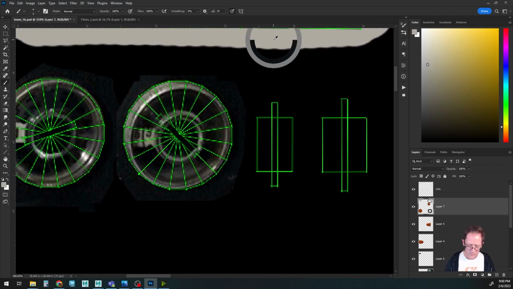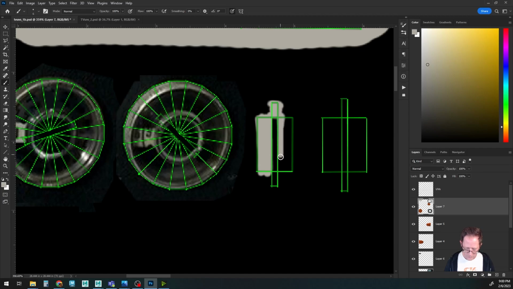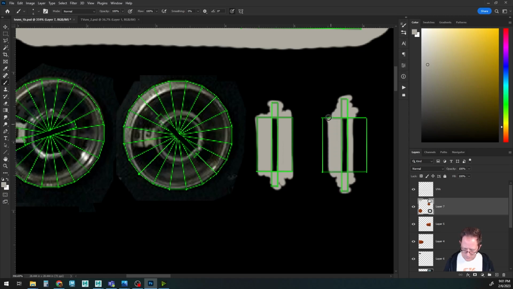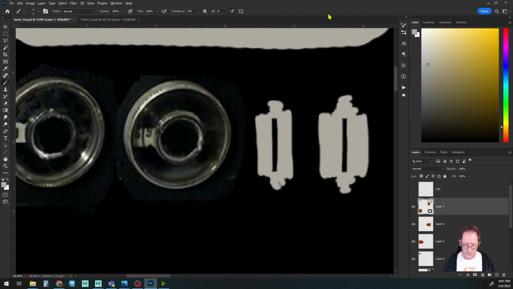So we want it to be this kind of silver-ish color. Turn off our UVs, save,